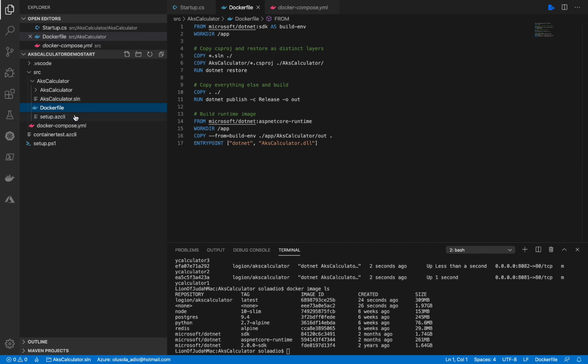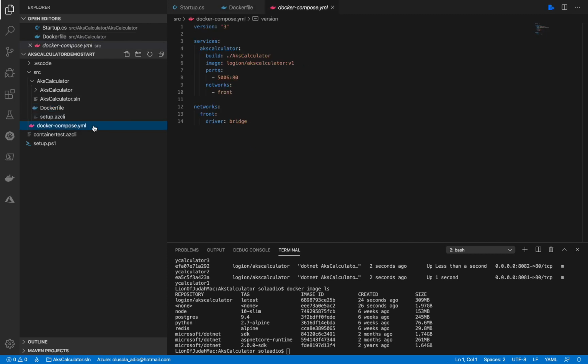So each solution is going to have its own Docker file, and the Docker Compose is going to compile and start up multiple applications. So that's what the Docker Compose will do. We just kept the Docker Compose here with the single project, but we're going to need it later on. Now that we're sure that we can run this locally with Visual Studio Code, through a local Docker hub container,